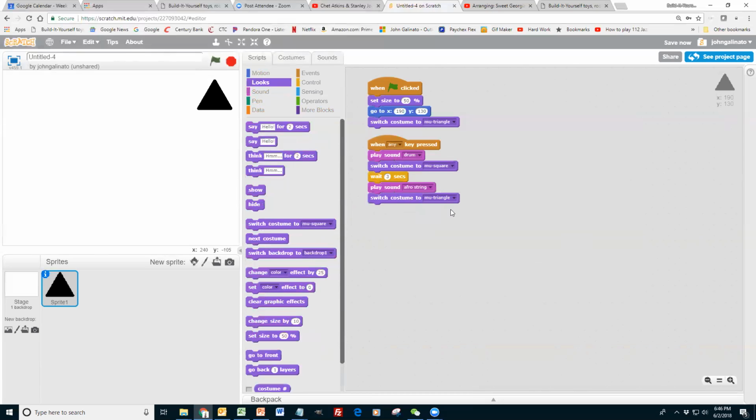And then that's all we need to do. And then we can wait for a key to be pressed to start the whole robot again. Okay, so let's see what happens when we do that. So we're going to click the green flag, and notice the triangle is in the upper right corner. Now when we press any key,